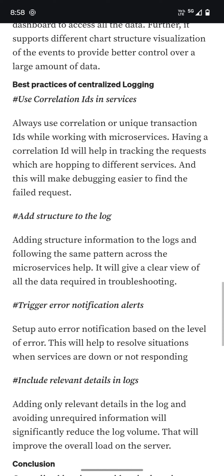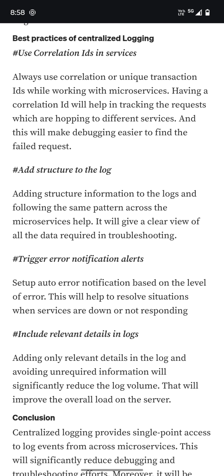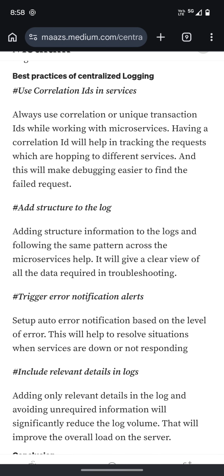As I told you, you need to remember that, and you need to add structure to the log. You need to provide the proper format, whether a timestamp is required and which format you want to display all the logs in. You need to provide the structure. These are the best practices.